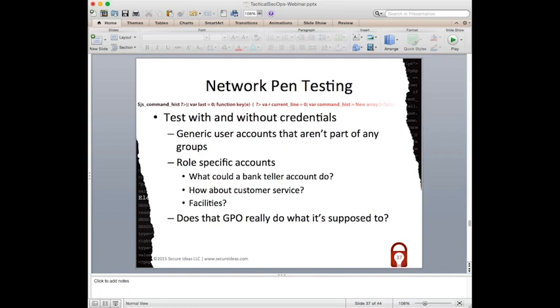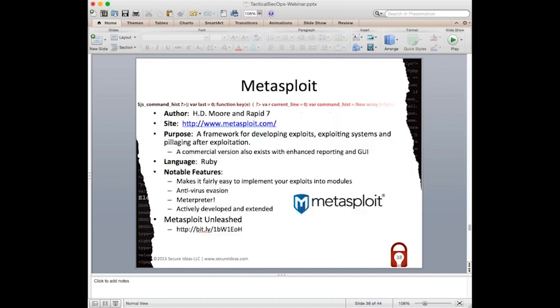applications inside the environment. But through the magical creep of IT, all of a sudden they have access to maybe a section of SharePoint that they shouldn't be able to read into. We have GPOs that are supposed to prevent certain things from happening, but they don't. They're not working. So try that out. Make sure that that's really what's going on. Metasploit is a powerful, powerful tool for demonstrating the impact of these flaws. And I was hoping to dive into that and spend some time here, but we're running low